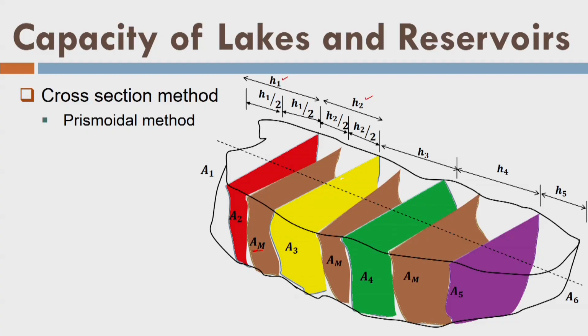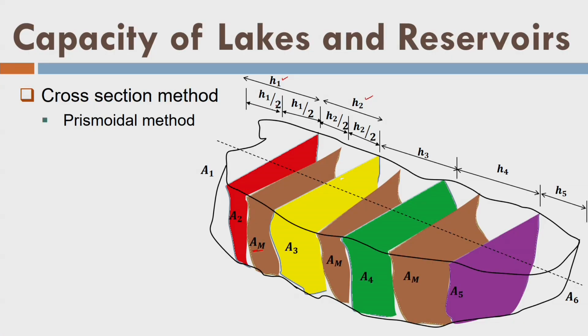So, let us say with respect to my middle area, I have some first area as well as end area. That means the cross section areas of the two sections which are adjacent to the middle area I have observed. Okay. So, basically I observe A1, A2 and so on. Then we calculate the middle cross section areas by interpolation scheme. So, let us say we have complete data now with us. Fine. So, you can see here this is my H1, and if I divide H1 by 2, H1 by 2, now I want to use the prismoidal method.